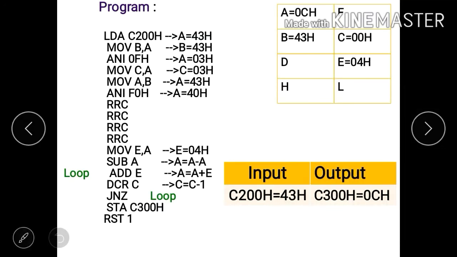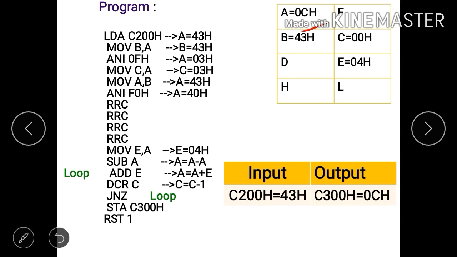Next instruction is STA C300H. Store the content of the accumulator to the memory location C300H. Our final result is present in the accumulator, that is 0CH. As given in the aim, we have to store the final result into memory location C300H.